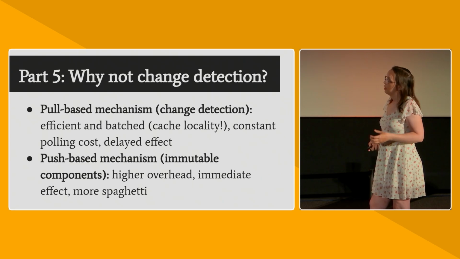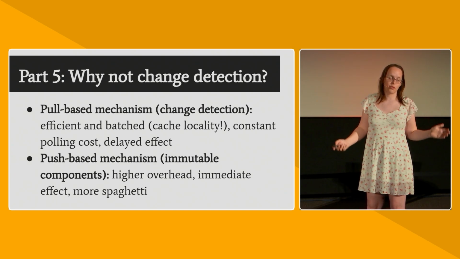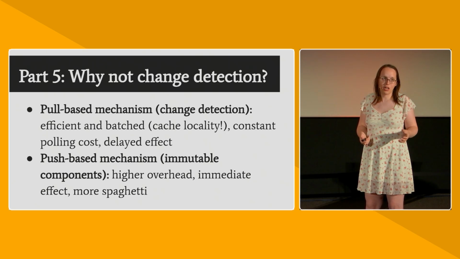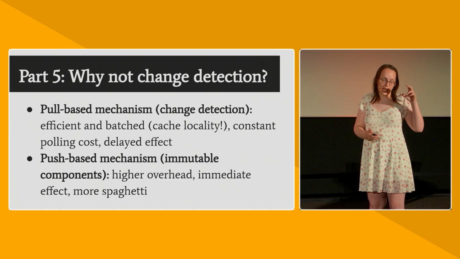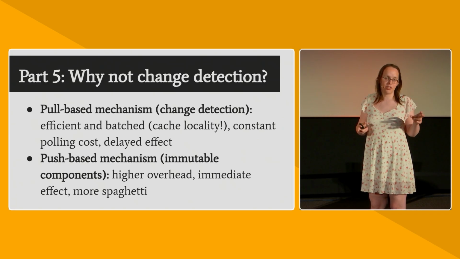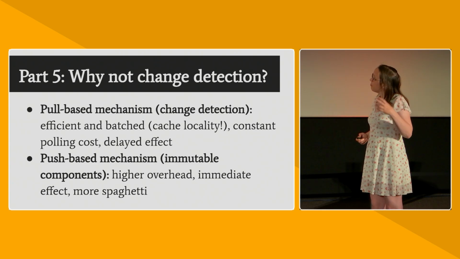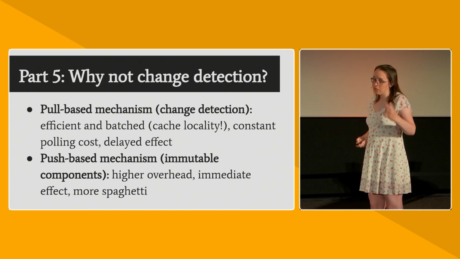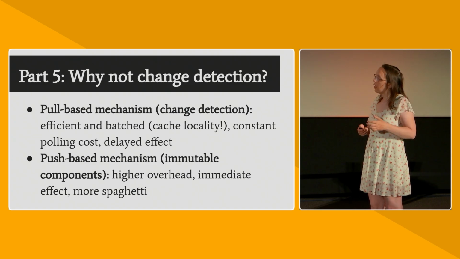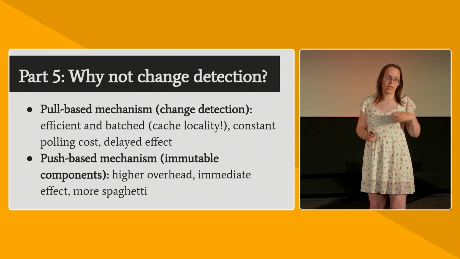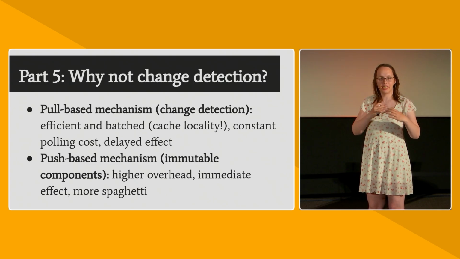The pull-based mechanisms are much more efficient because you can batch them. And this is one of the core principles of ECS. It's one of the core principles of data-oriented programming. It's one of the core principles of writing code that's fast: you need to do similar things together, so then you get better memory locality, and because then you can take a more global view, and because then you can use parallelism, all of these things. But with pull-based mechanisms, you have to constantly pull. You say, hey, is there anything for me to do? Is there anything for me to do? And they also take delayed effect, which is a huge problem because it introduces this gap between action and reaction, and in that gap, bugs sneak in.